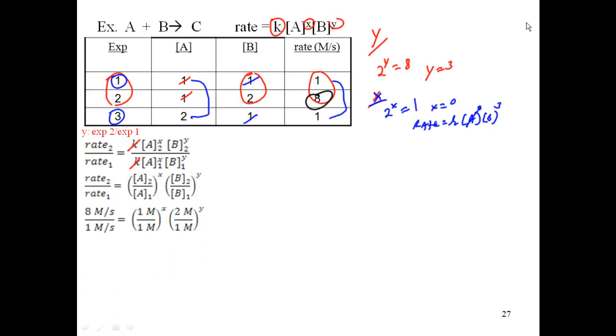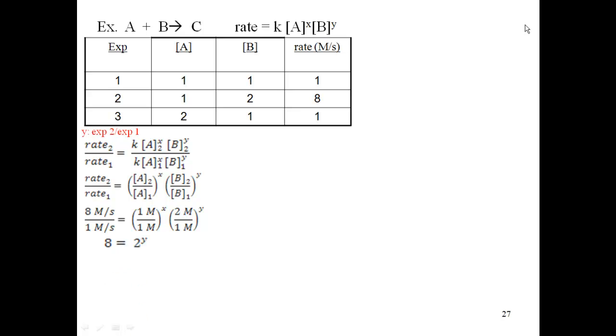Rate 2 is 8 molarities per second. Rate 1 is 1 molarity per second. It's 1 molarity in both cases for my concentration of A, experiment 2 and experiment 1. And it's 2 molarity in experiment 2 for B and 1 molarity for experiment 1. Now I can do some cancellation. I can see that my units will cancel here. This whole expression will cancel. Doesn't matter what x is, 1 to 1 will be canceled out, which will leave me